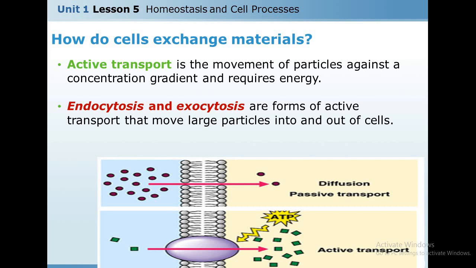Okay, for active transport, we have processes called endocytosis and exocytosis. And what's endo and what's exo? Endo means into the cell, and exo means out of the cell. This is the transport of material into and out of the cell for the large particles. So this means that the large particles need energy, need active transport, to be transported in or out of the cell. They cannot be transported without energy. But for the small ones, no, they can be transported through passive transport. There is no need for energy.